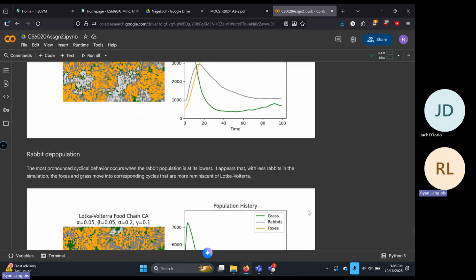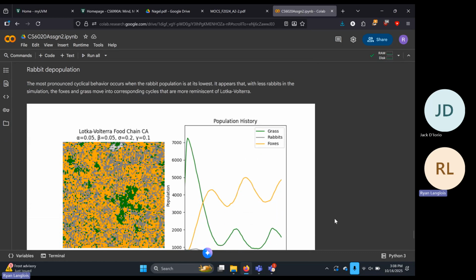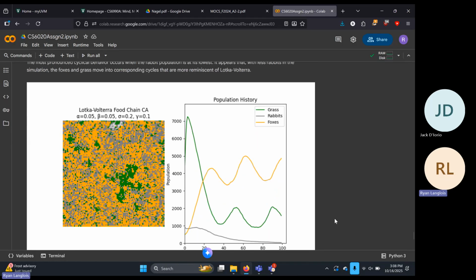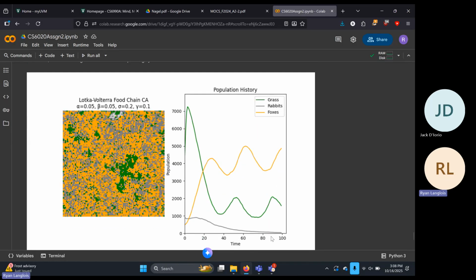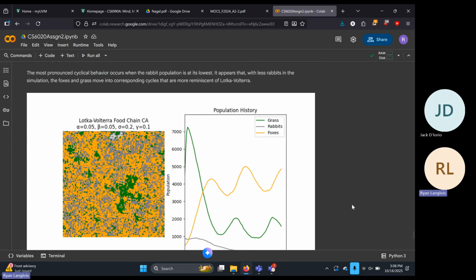And there was one particularly interesting example when the rabbits' reproduction parameter was equivalent to their death parameter, and the population died out. The result was the most pronounced oscillation we've seen in one of these, and that seems to be due to the reduction to just 2 species again. Again, it's similar to Lotka-Volterra, but not quite.